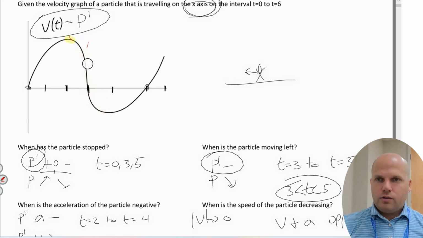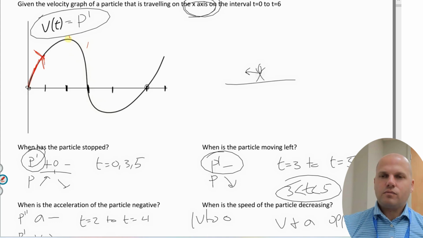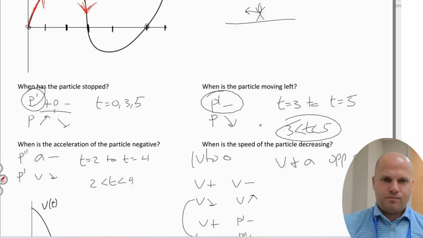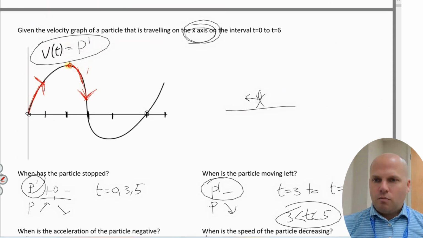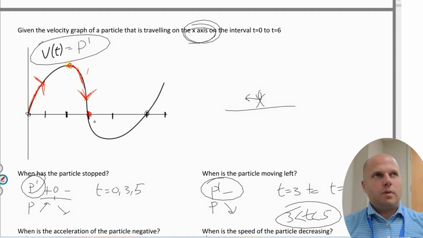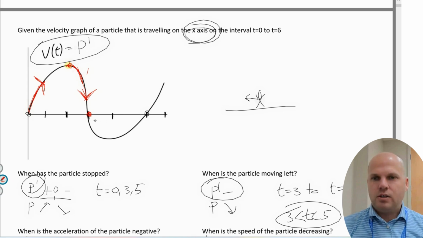Or, look, my velocity values are getting further away from zero. My velocity values max out and then start getting closer to zero. Here's my velocity values that are positive and decreasing from 2 to 3. Then my velocity values hit zero, my derivative hits zero, my particle flattens out, stops, then starts going to the